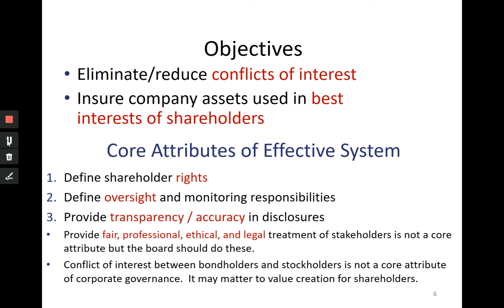Now let us focus on the objectives of corporate governance. Ideally, corporate governance would like to eliminate conflict of interest. However, under asymmetric information, with lack of observability in a risky world, elimination of conflict of interest may not be possible. Therefore, we want to find methods that reduce conflict of interest. How can we get the managers to feel and act like owners?